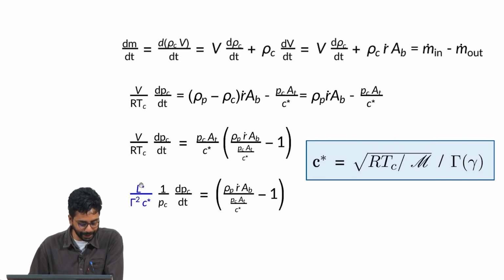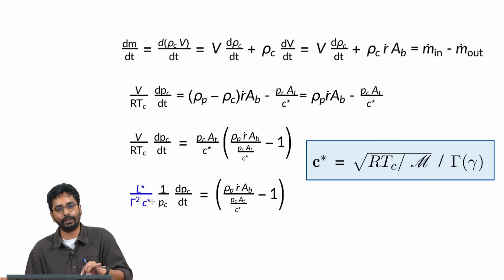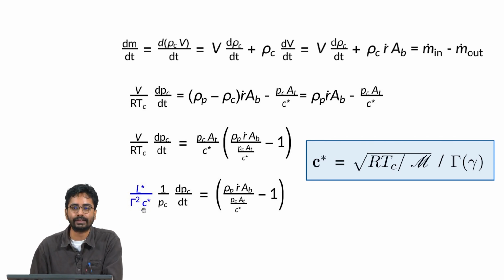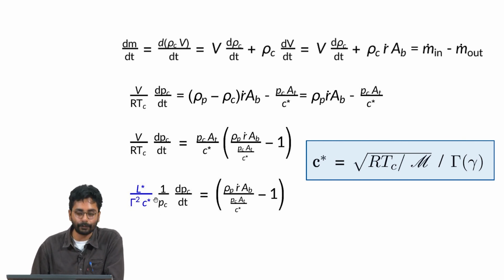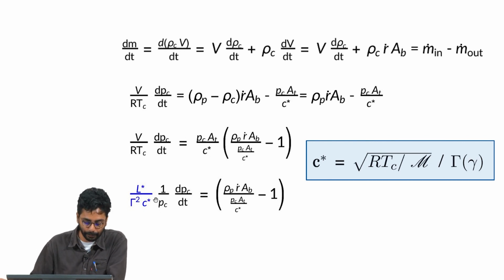The reason why I have highlighted this in blue color is L star over C star has dimensions of time. In fact, the typical time that is available for the gases to fill the port is about this time, and if you make an estimate of this quantity for a typical rocket, you will find that it is a few tens of milliseconds. And this is typically the time that is available for filling of the port, and therefore this is also the time that is approximately available for the gases to go to equilibrium, which is generally much higher than the chemical reaction rate times. Therefore assuming that the gases are at equilibrium is a very good approximation.